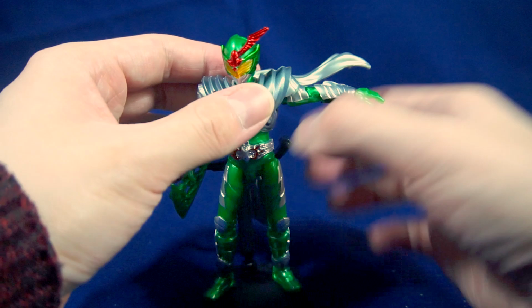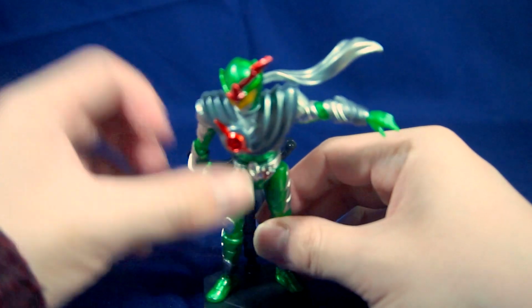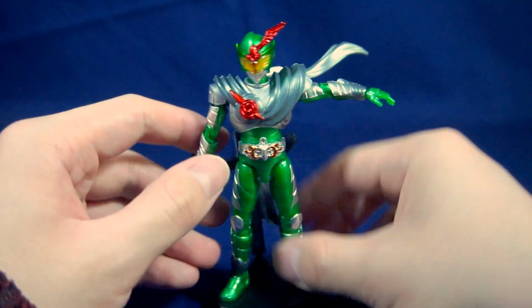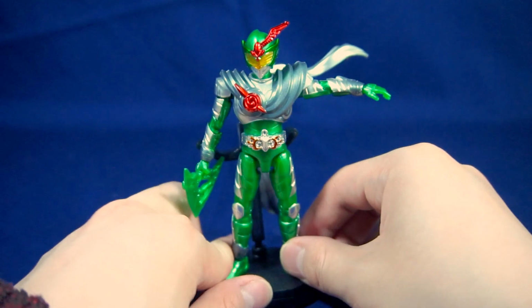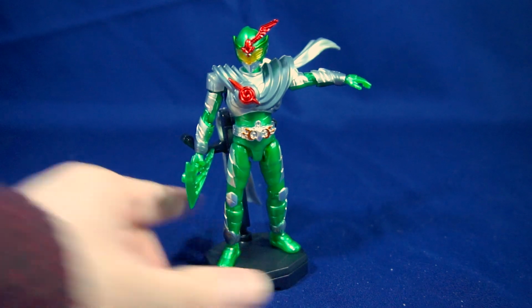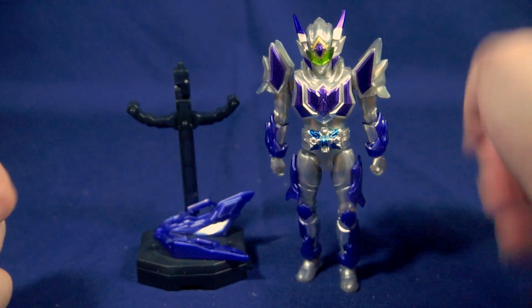But other than that, yeah, if you can actually tolerate working with the loose or the brittle legs, you can pose him really fondly and such. So here we have my favorite of the four armors, the Cliff armor, to which, again,